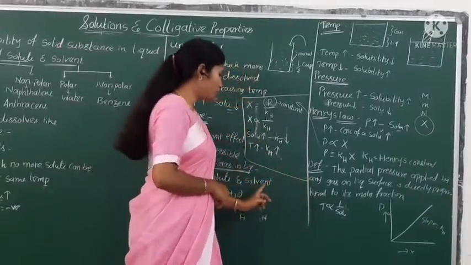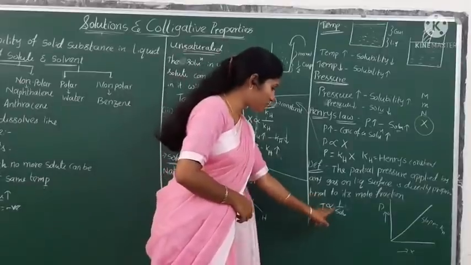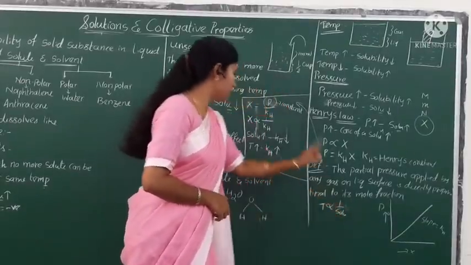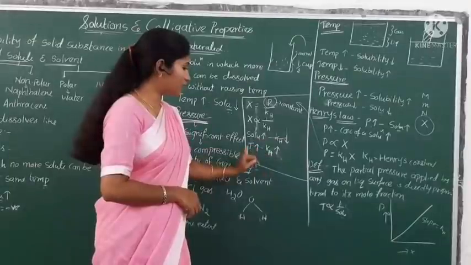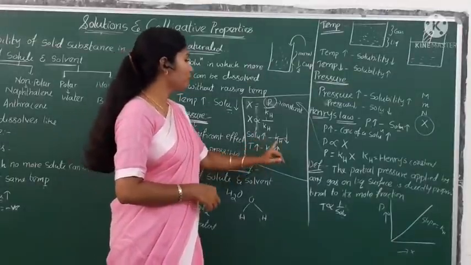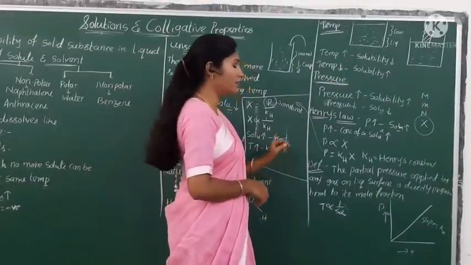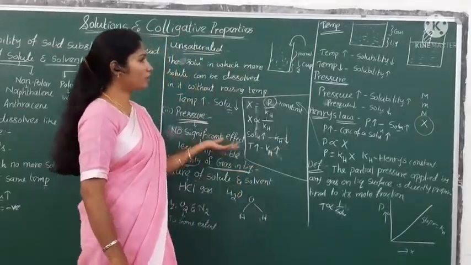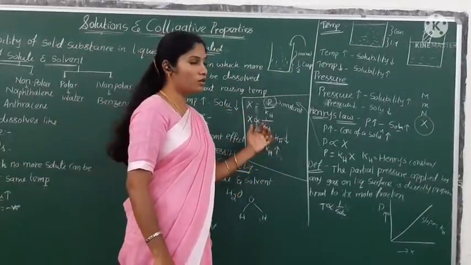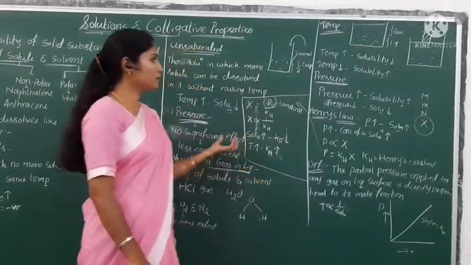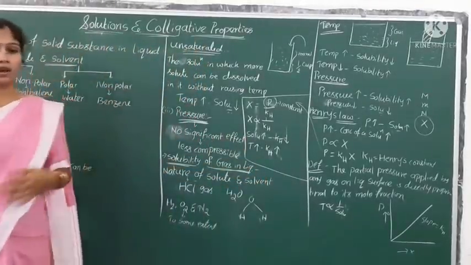So from these two, by increasing temperature, solubility is decreased, and if the solubility is decreased, the KH value increases. That's right, by increasing temperature, Henry's constant value increases. For a given gas, if we increase the temperature, the Henry's constant value also increases. It is about Henry's law.